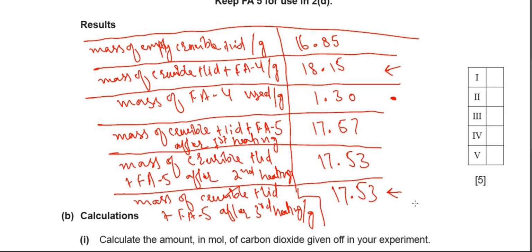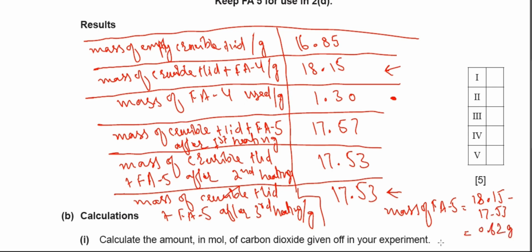So two more readings will give you the mass of FA5. How? Just subtract 18.15 with 17.53 and you will get the answer 0.62